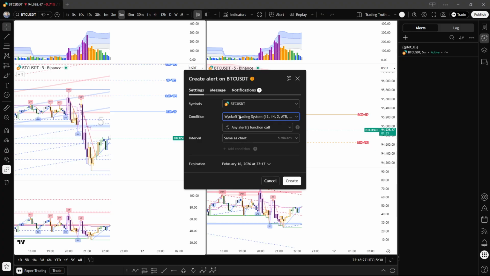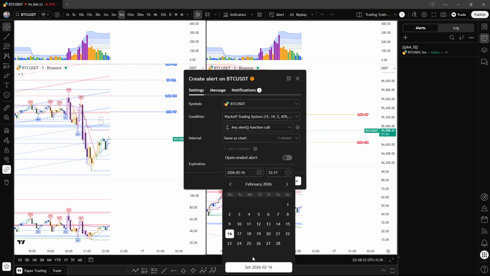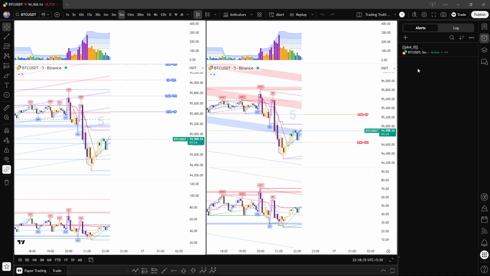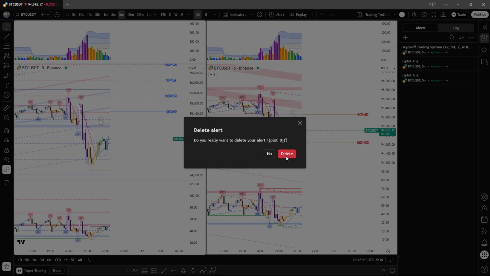Okay. Just pick Wyckoff and pick any function call. Same as chart, you can pick here. And expiration. Yeah, let's just set that. Okay. So what it will do, just